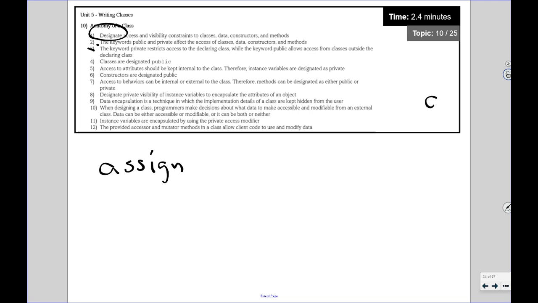So when you're assigning a value, you're designating it. Like I designate you as the classroom leader. It means I'm assigning you to be the classroom leader. But this anatomy of a class section is about